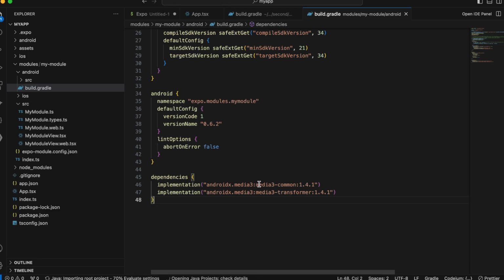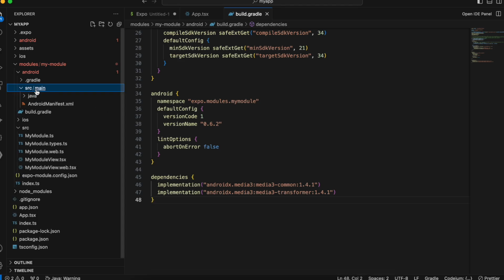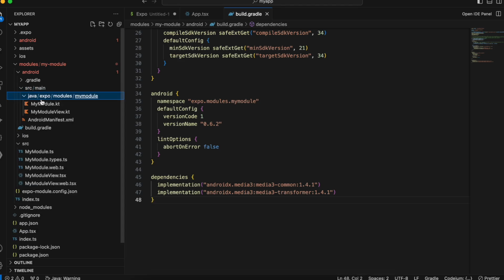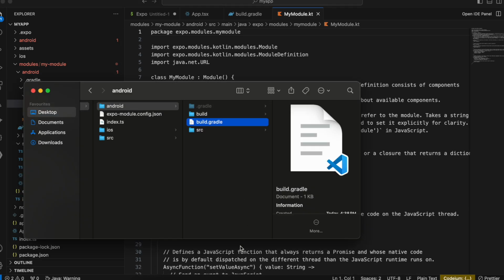So basically we are including this through these two dependencies. This will help us to transform the video. So these two dependencies are very important. So these are the Media3 Transformer dependencies. Then go to src, java, my module.kt, and firstly